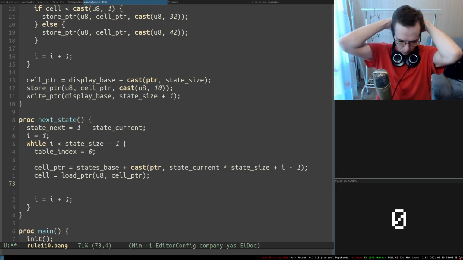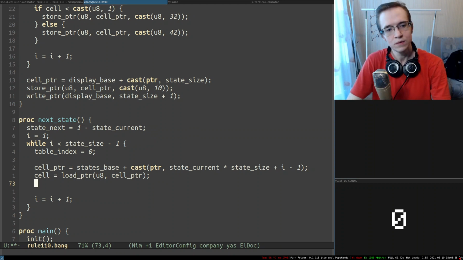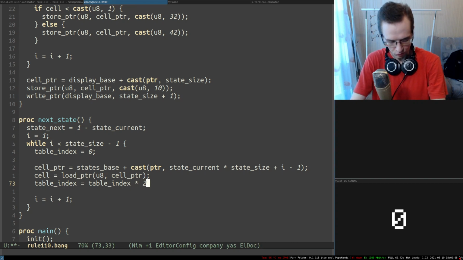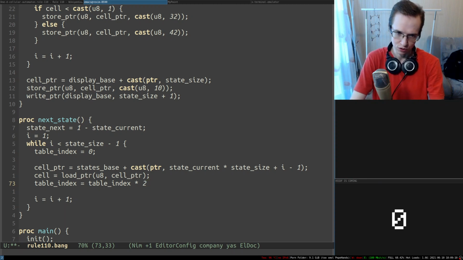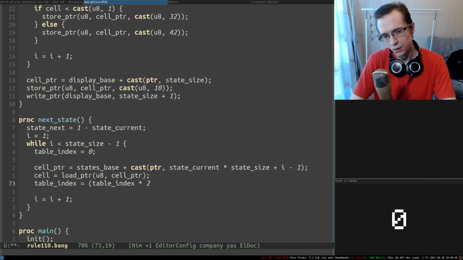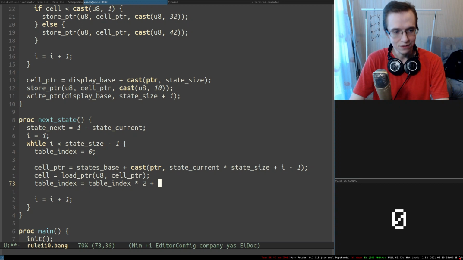So after that, what I need to do, I need to take a table index and assign it to table index multiplied by 2, right? So essentially I need to shift 1 bit to the left, but since I don't have a bit shift operation in my language yet, I can just multiply by 2. So yeah, essentially if you don't have a bit shift, you can always use multiplication. It's pretty much the same thing. Right, so multiply by 2 plus the value of the cell,